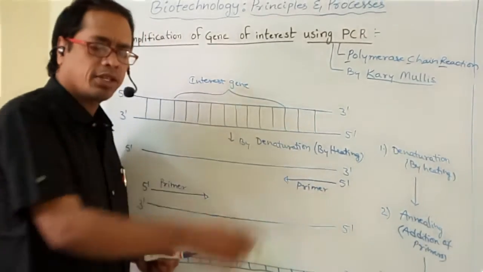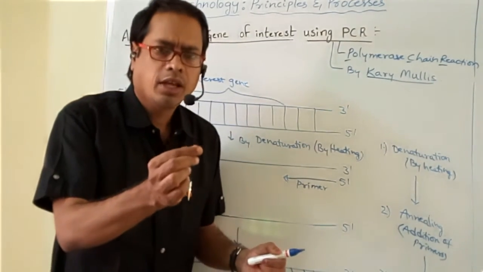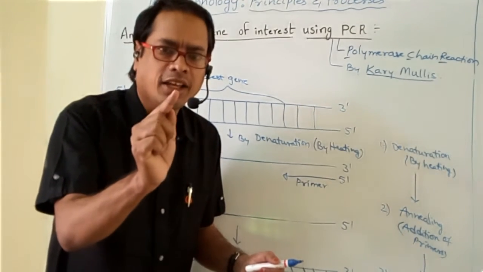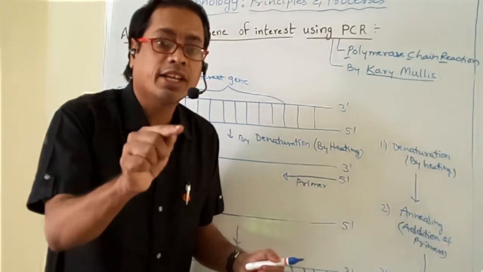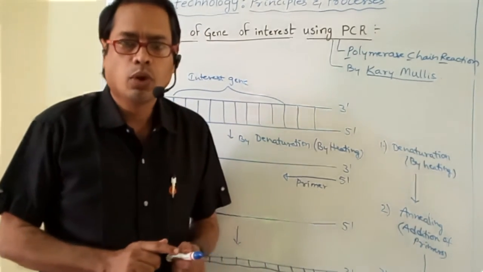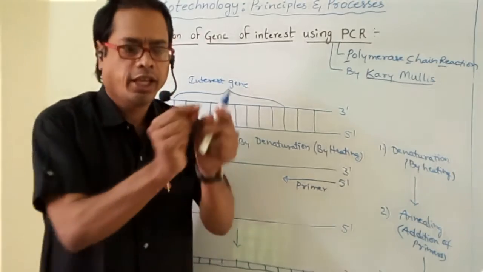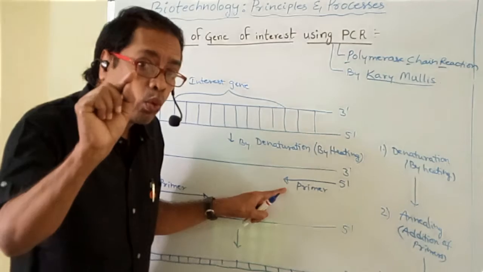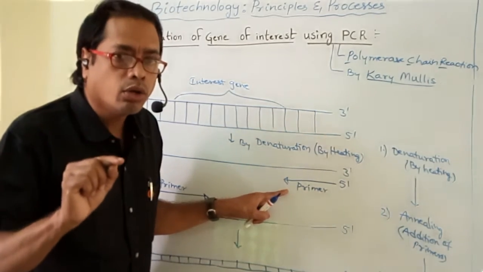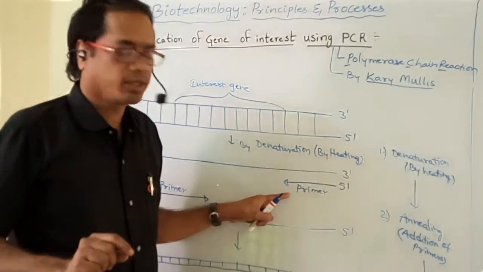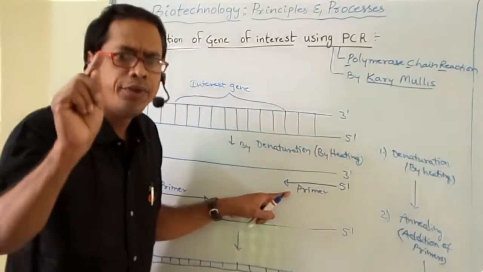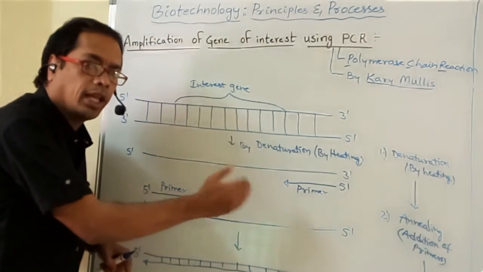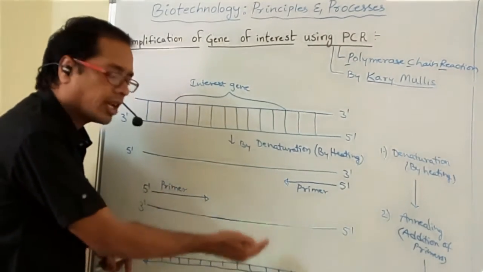What does primer mean? Primer means a small segment of DNA, which is chemically synthesized oligonucleotides. Oligo means few nucleotides. A small DNA segment which is chemically synthesized. Oligonucleotides means few nucleotides. So a primer has few nucleotides. What are added one by one? Deoxyribonucleotides. Which enzyme is required?